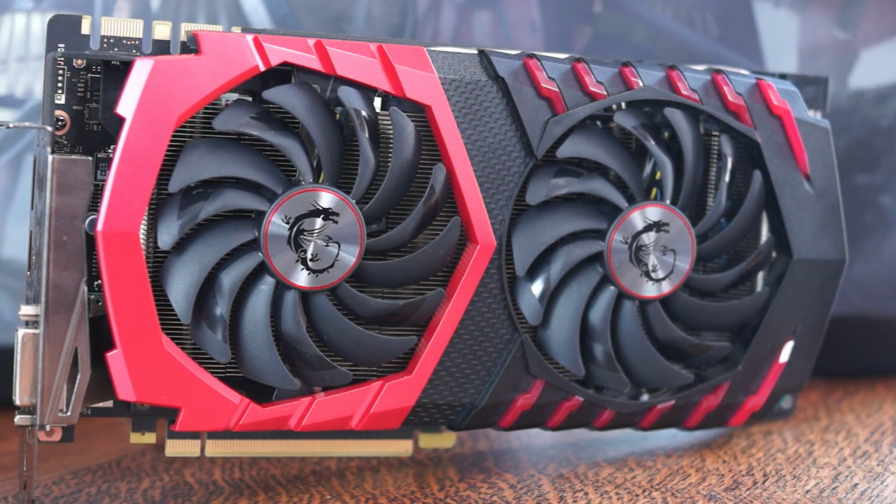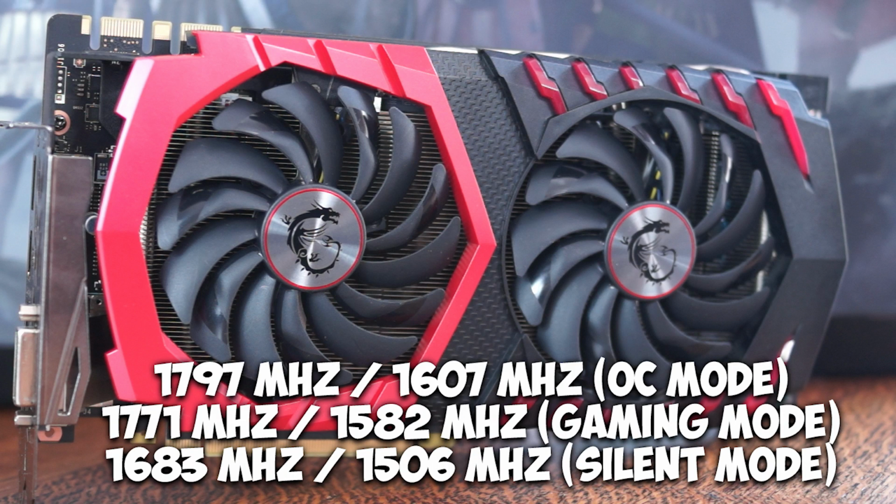So, starting off, the GTX 1070 features 1920 CUDA cores. Depending on which profile you set the card to, be it overclock mode, gaming mode, or silent mode, you have a different set of frequencies, which you can see up on screen now. All the benchmarks that I will be showing you later are done on the overclock mode, although the overclock profile that MSI shipped this card out to me was overclocked even further, with the boosted core clock that you'll see in the benchmarks at